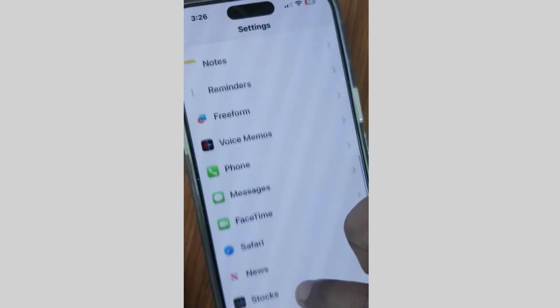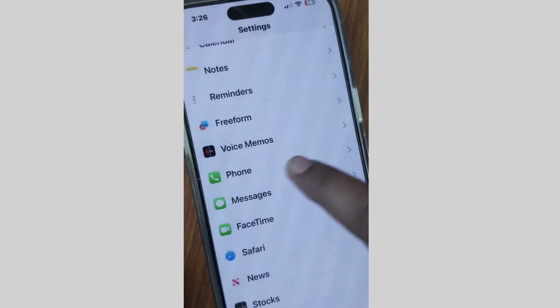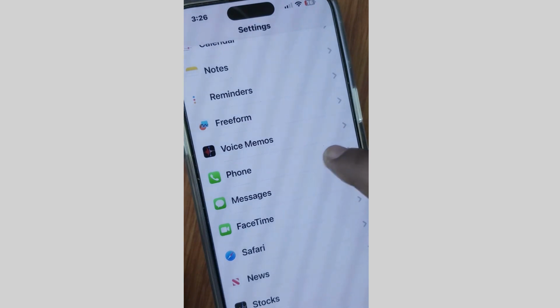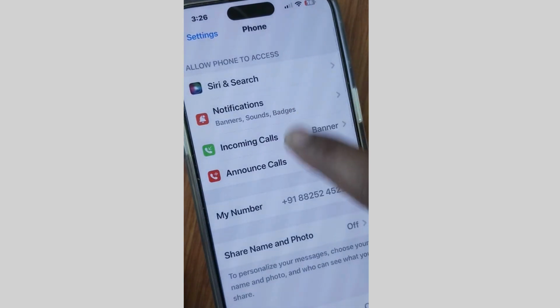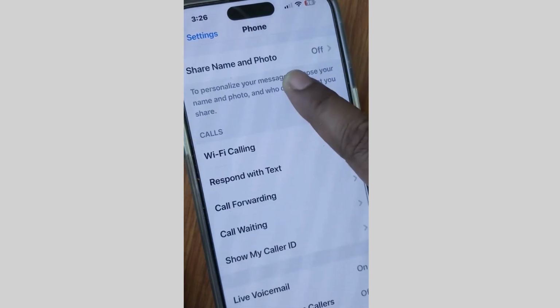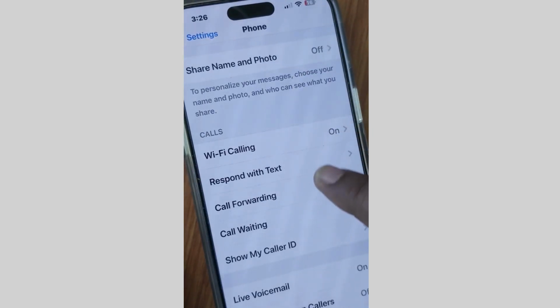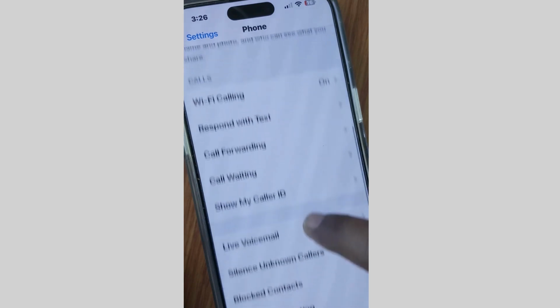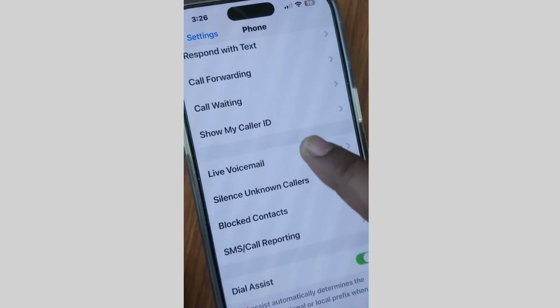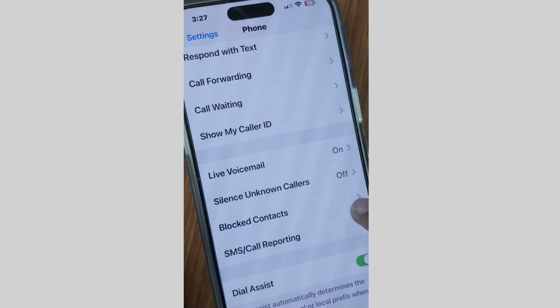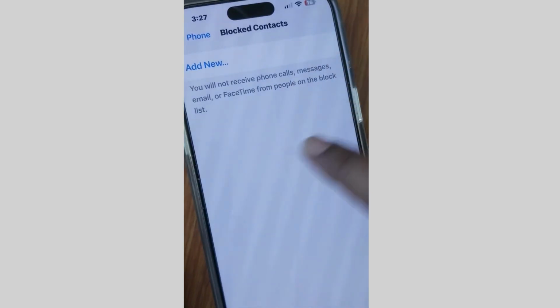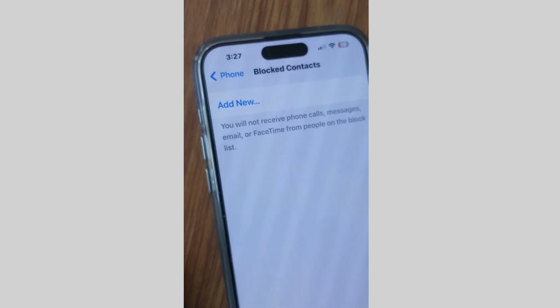Then go to settings and here tap on phone app, phone settings. Scroll down where various features you will find here and you will find the option blocked contacts. Tap on it and you will see if any are available, then you can see here